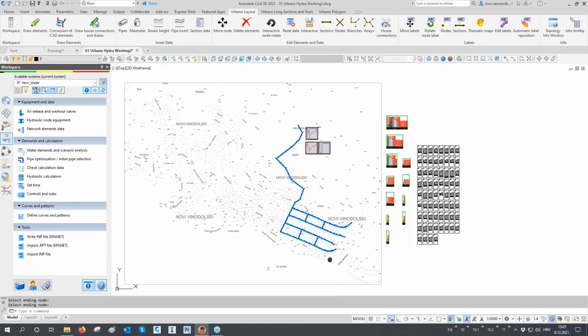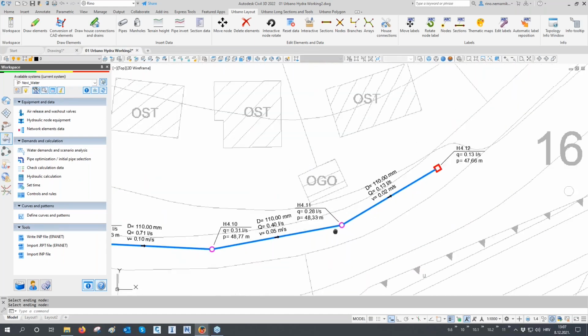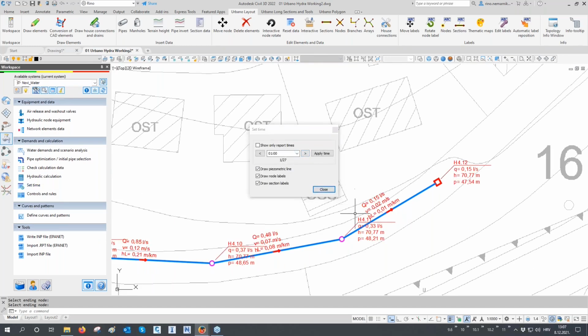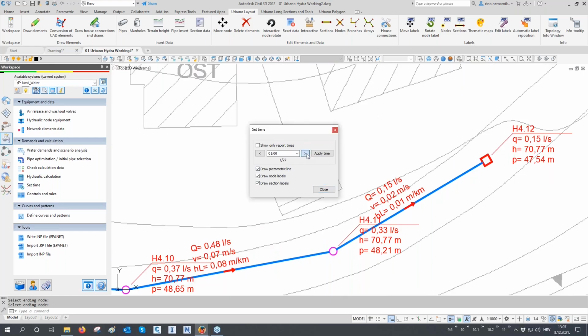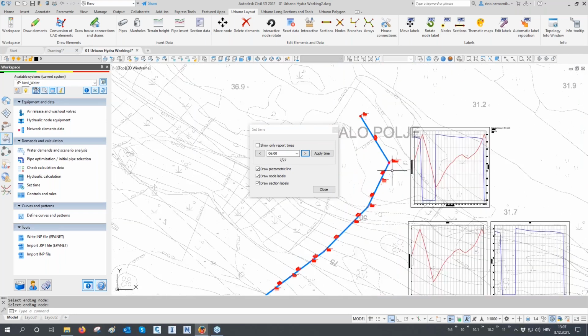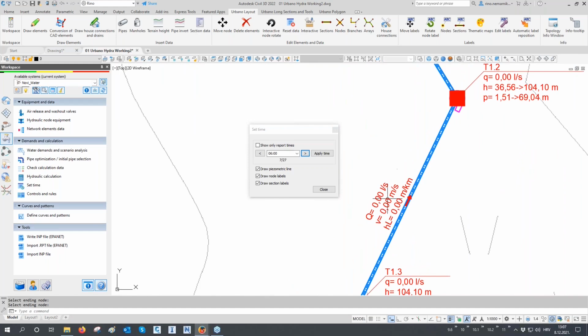Okay, and also you can analyze this with the time dependent labels as well. We can go here to set time function, and now if you click on the arrows, you can see how these temporary labels appear, and you can go through time and check and analyze results also through the labels as well. Let's check this part of the network right after the pump. You can see now the pump is turned off, so the flow is 0. And now when we come to this point, so 7:12, the pump is again turned on